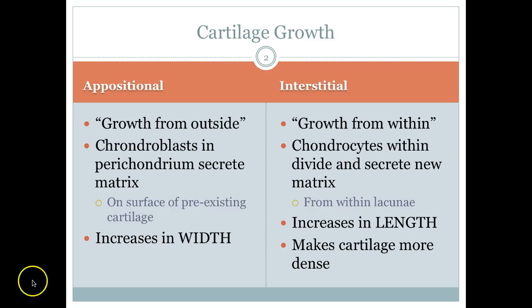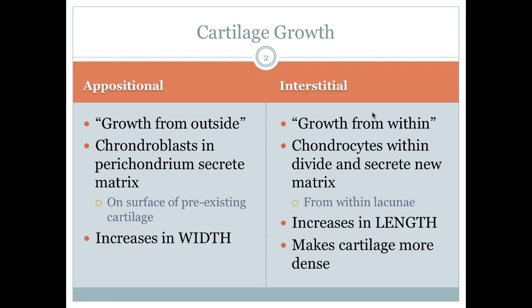With appositional growth, this is growth from the outside, more of the periphery of cartilage in this case, or if we were talking about bone, it would be the outside of the bone, close to that periosteum. In cartilage, our chondroblasts in or near our perichondrium are going to secrete matrix on the surface of our pre-existing cartilage. So this is really helping to increase the cartilage in width, whereas interstitial growth, this is happening within the cartilage